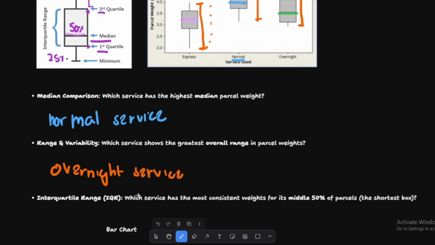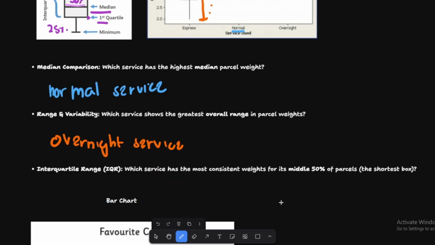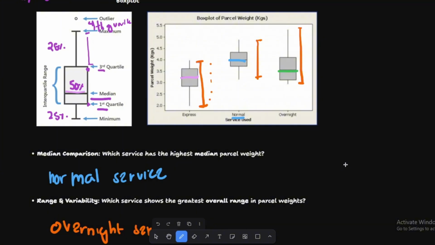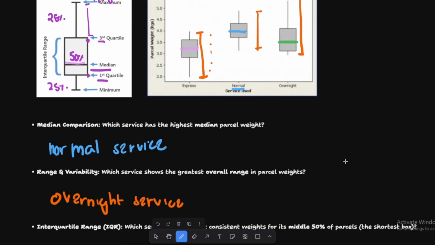Alright, interquartile range. Which service has the most consistent weights for its middle 50% of parcels? So for the middle 50%, that means you want your data to be very clumped up in a certain area. So this means that 50% of the data should be in a smaller area. So let me try to draw this out to explain. If this is your interquartile range, this is your big box in the box plot, and you have another box plot that looks like